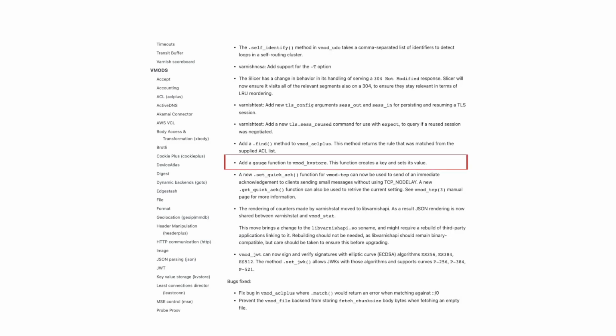All right, let's go on to the next one. I like that one quite a bit for a variety of reasons. It's the fact that our key value store module now has a gauge method. Can you describe the importance of that and provide the right context for people to understand this and to appreciate that addition? Yeah, KV store is a VMOD for adding counters, custom counters in VCL, and they can be